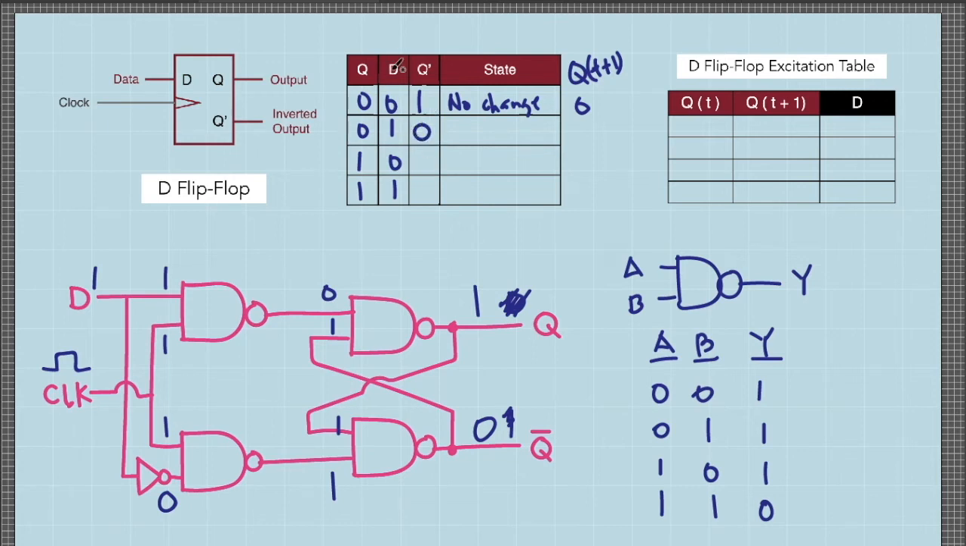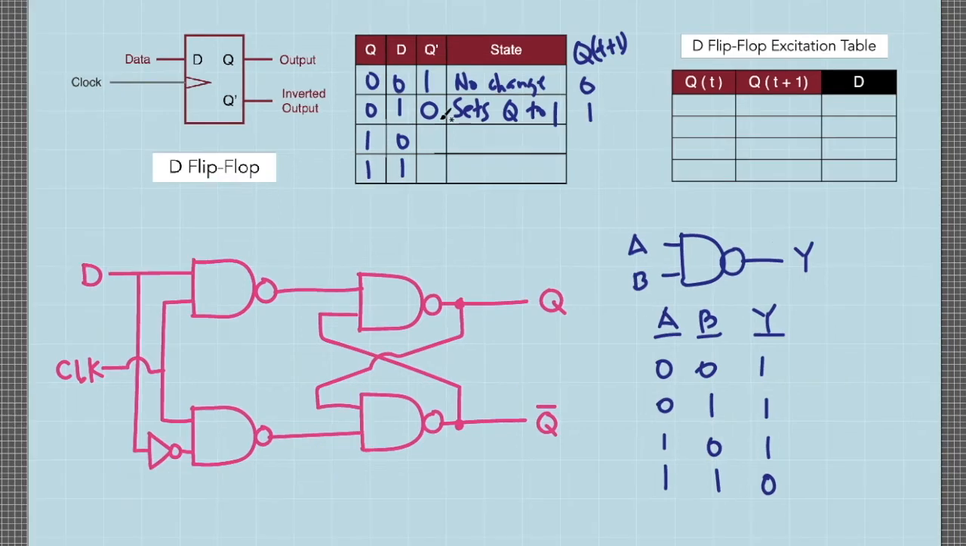Notice that when we supply the data signal with 1, the value of Q changes to 1. Hence, this sets Q to 1. By the way, the new value of Q here after one clock pulse is 1. Consider this third case wherein the initial value of the output Q is 1 and we supply the data signal